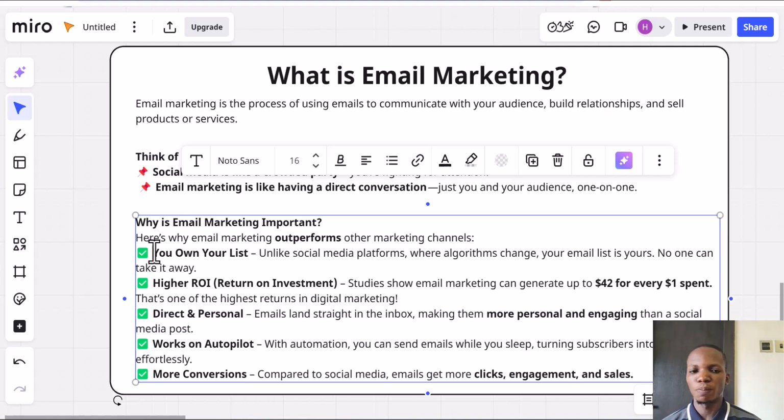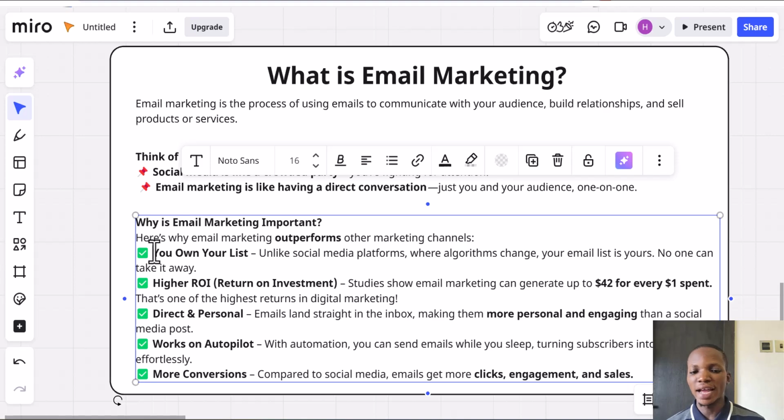Even when you use email marketing platforms like MailChimp and others, you still have access to your list, and you can download your list directly to your PC or anything and move your list from one email marketing platform to another through a Google Sheet. So you own your own list, you have full ownership.